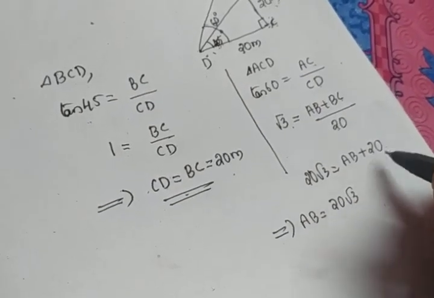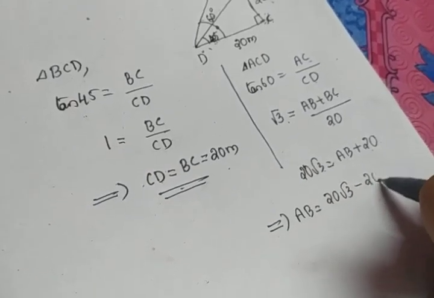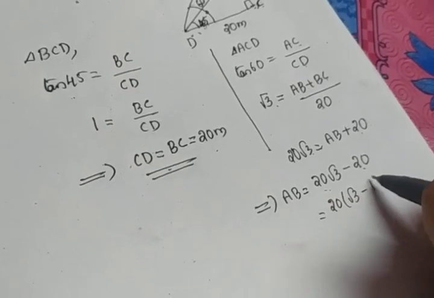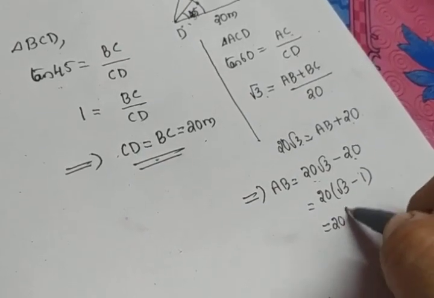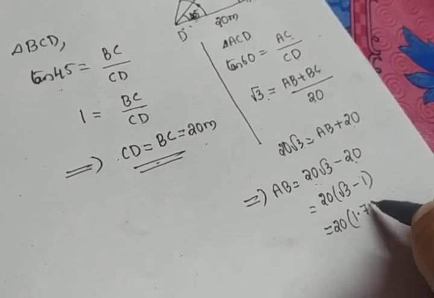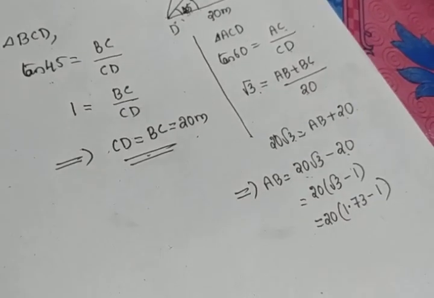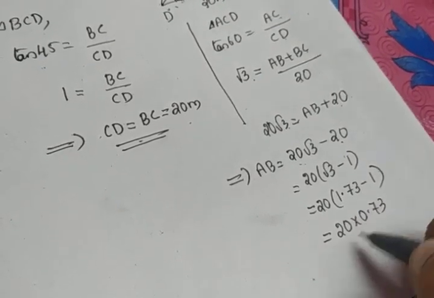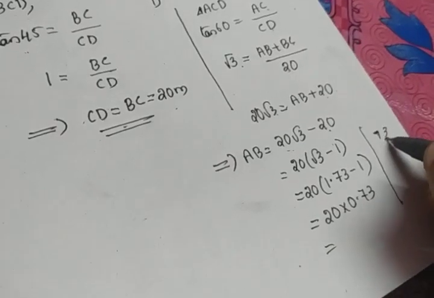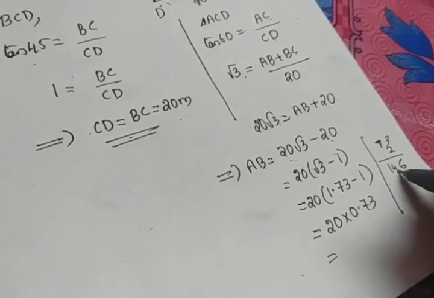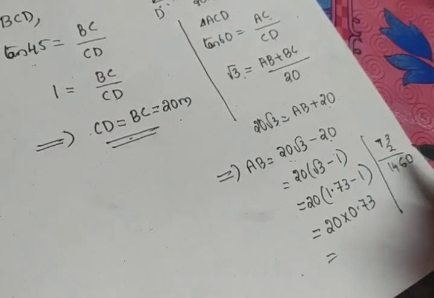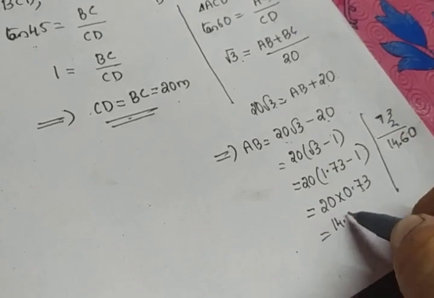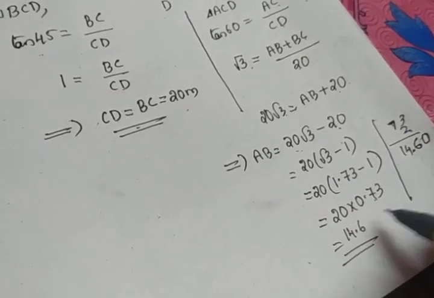20 root 3 minus 20. When we take this 20 to the left side, it becomes minus 20. So when we take 20 common from both the terms, 20 into root 3 minus 1. Apply the value of root 3 as 1.73, though it is not given in the question; we will apply it for some questions. So 1.73 minus 1, so 20 into 0.73. Just calculate the value. 73 into 2, that is enough, isn't it? So 3 twos are 6, 7 twos are 14, and there is a 0 because we have to multiply with 20. And there are 2 decimal places. So leave the decimal places and we are getting the value as 14.6. No need of putting the 0 after the decimal point.